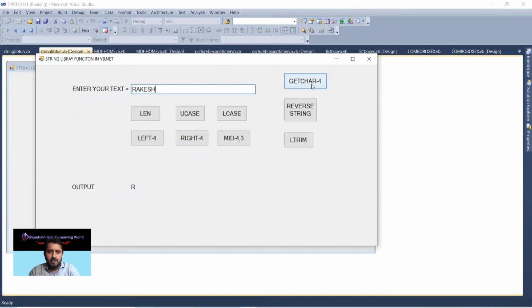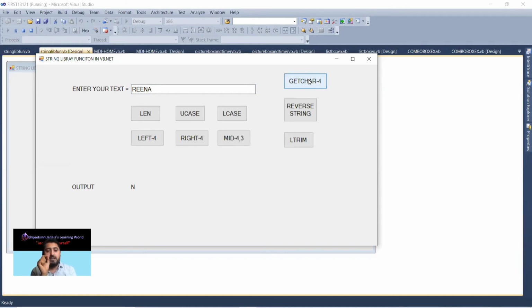Rakesh, then E will come. If I go for KEYU or KU, then U will come out. And if I go for Muskan, then K will come out. If I go for Meena, then N will come out. So these are the 4th characters.